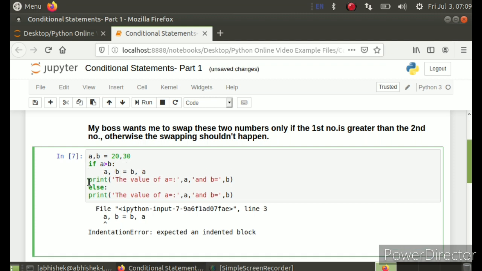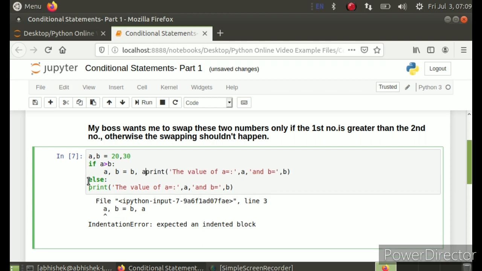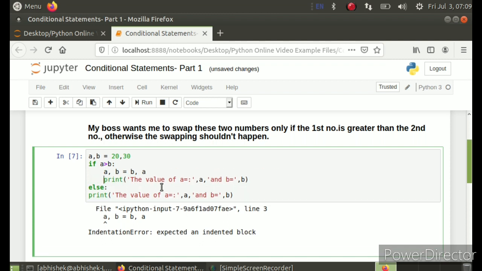So to do this, Python has provided the concept of using spaces. You can use four spaces, press the space bar 4 times, or you can use one tab button. Now Python knows that if A is greater than B, then go inside the if statement and execute these two statements.